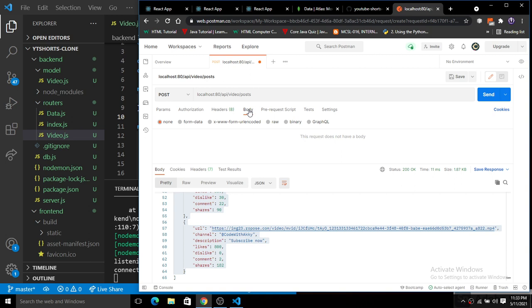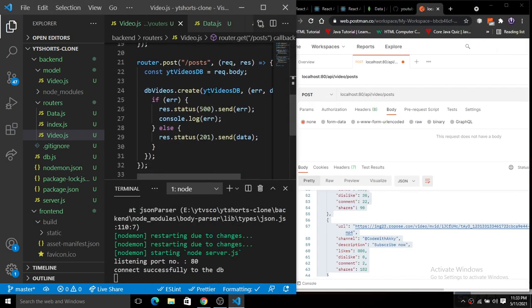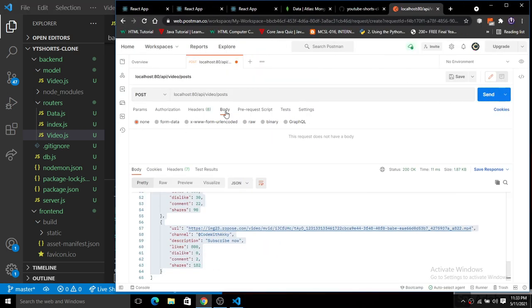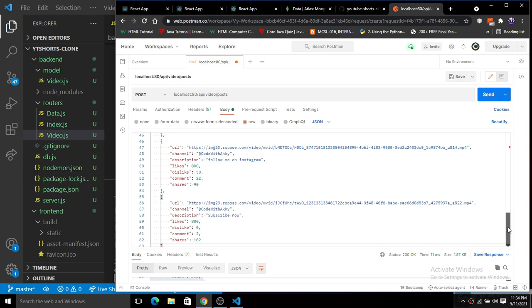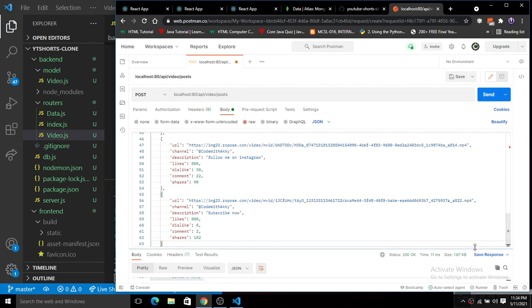This body will be called when request.body that we have created here. If you see here, we have this create function, and in this create function we have this request.body. So basically we just pass the data inside of this request.body, right? Here we have this body, and we just simply pass the raw data in the form of JSON type. So just paste the whole JSON code here that we have copied from there, and now this whole code will be pushed there,